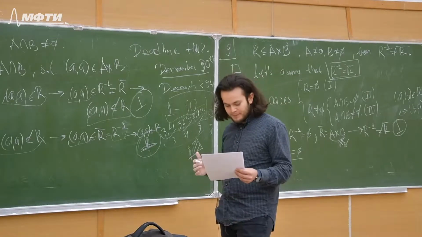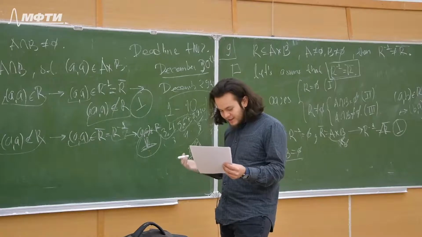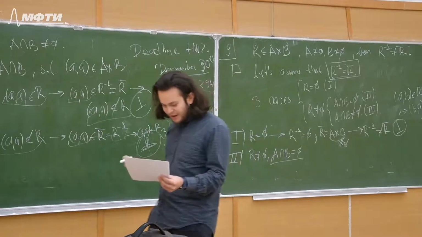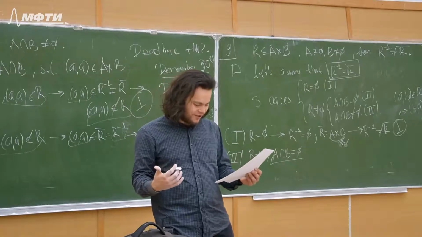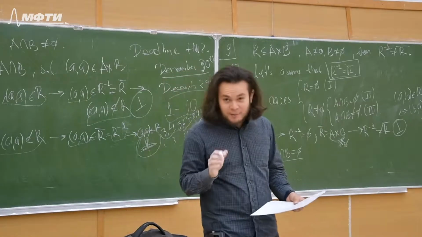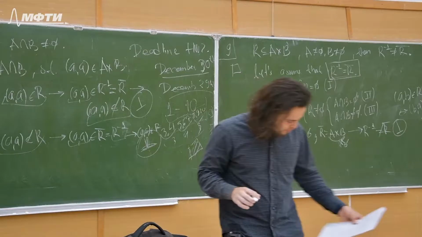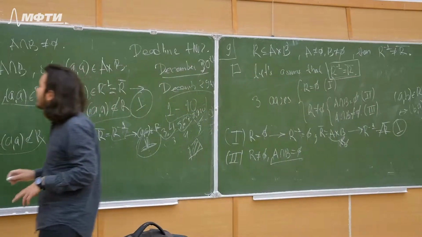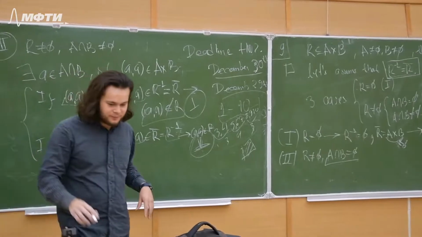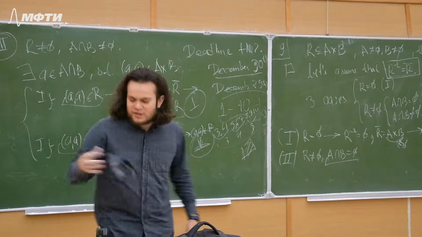I understand how to make this diagram, but maybe there's some special figure that we need here. So the next time I will not forget about it. Okay. So exercise 2. Remind me, please, next time from exercise 2. So let's start with